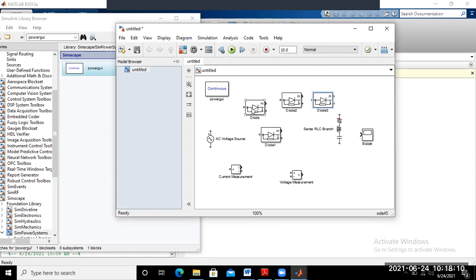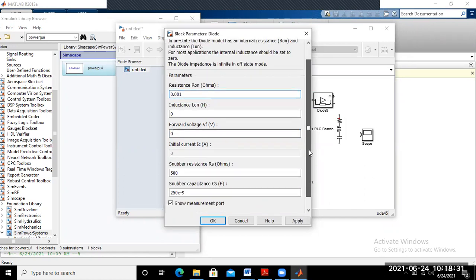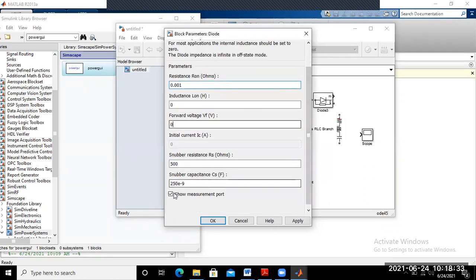So first of all, you just double click on the diode and put here the forward voltage drop, if you take it as 0, and show measurement port, apply and OK.